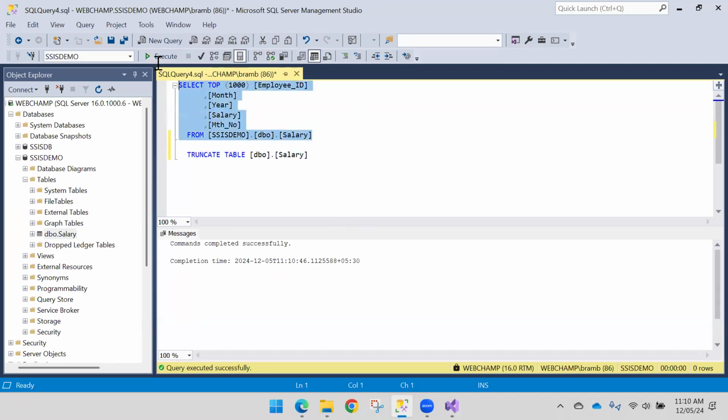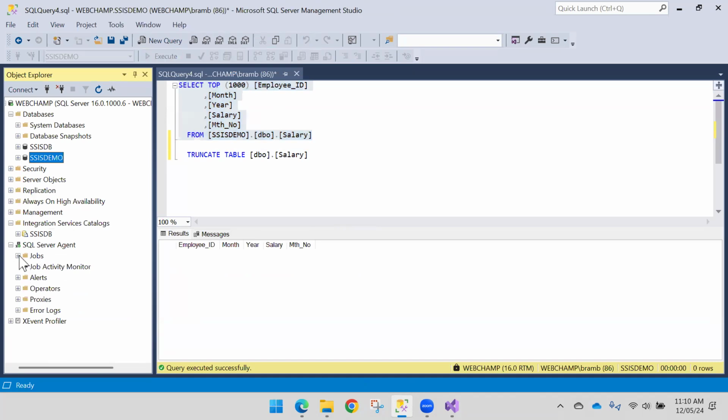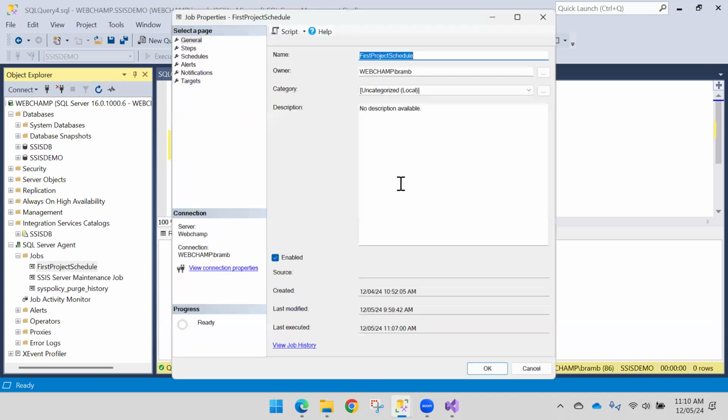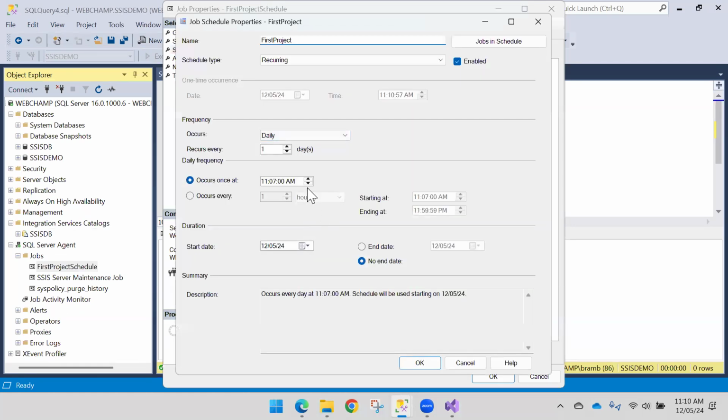Right, so now my table will not have any data, but if I now schedule the package at a specific time, let's select the time, not this, this is 11, then once again 11:12 we will select, and